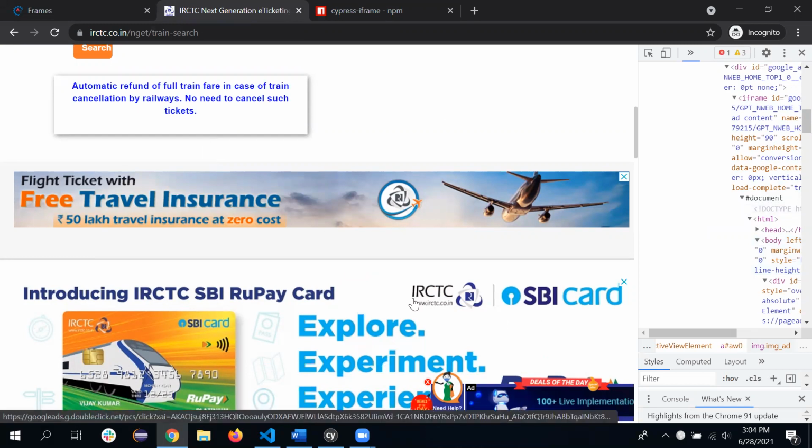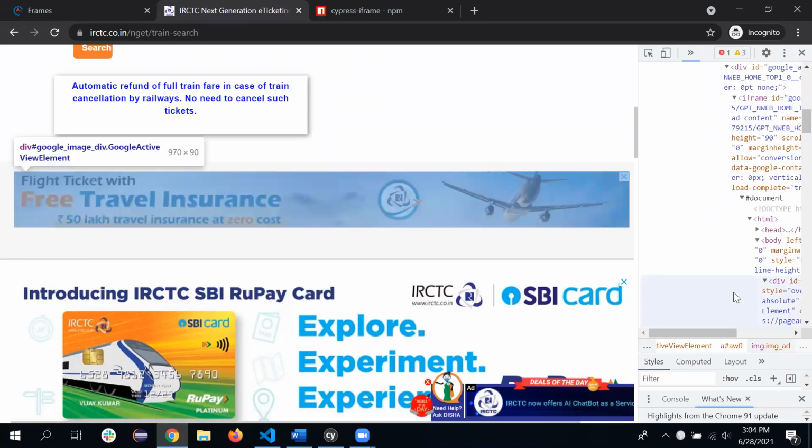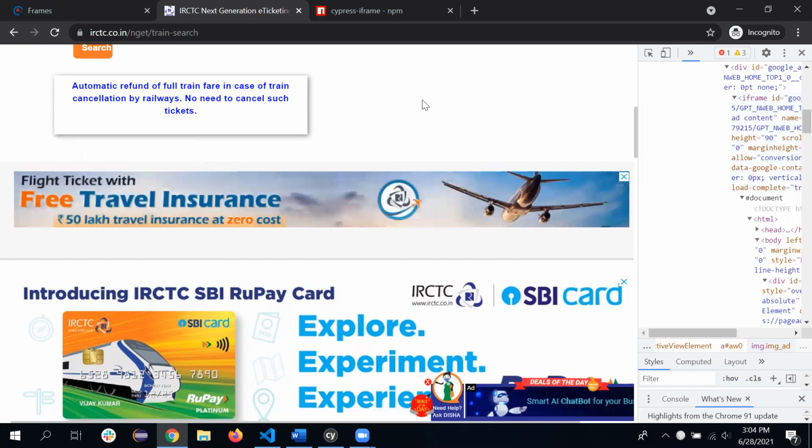Performing operations on an iframe is quite tricky in Cypress. If you are aware of Selenium, in Selenium first we have to switch into the iframe and then perform the operation. But in Cypress, if you directly inspect a link or div inside the iframe and want to perform an operation, Cypress will throw an error like element not found, because that element is inside the iframe. First we have to load that iframe and only then perform the operation. Performing operations in the iframe in Cypress directly is not possible.